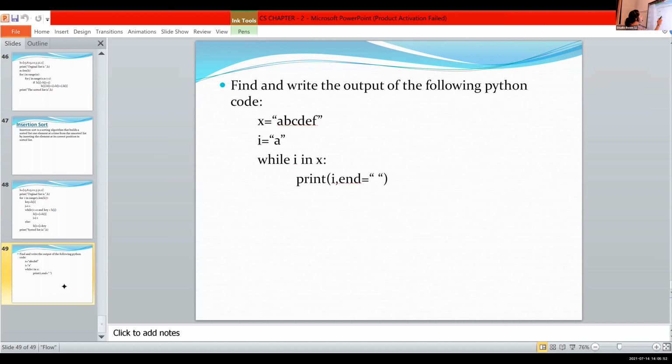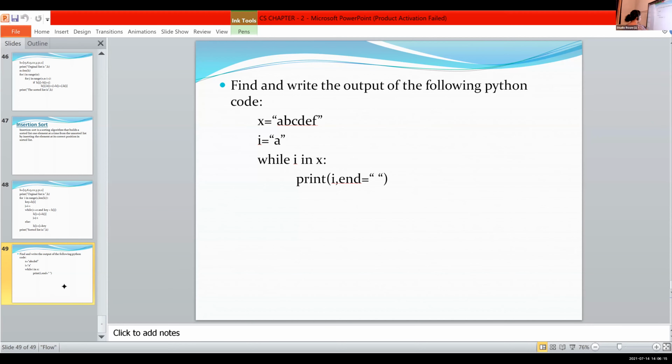What is the use of this end equal to space? Any idea? Anyone? Same line. Correct. After the first value, there is a space. If there is no end equal to, the default delimiter is slash n, or new line.